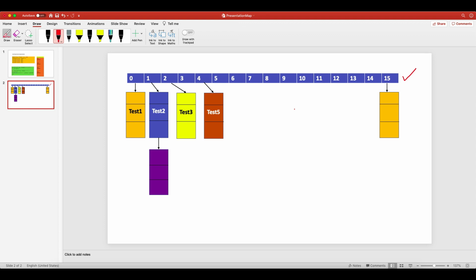When you perform a read operation in the ConcurrentHashMap, it will not put a lock on these buckets. Whatever buckets you are seeing, it will not put a lock. But when you do a write call in the ConcurrentHashMap, let's say you are doing a write call here, it will put a lock.